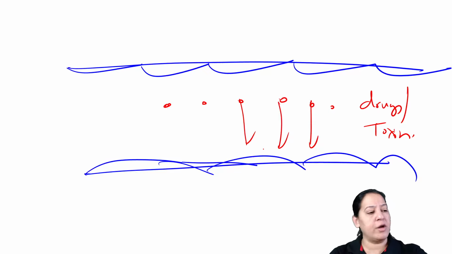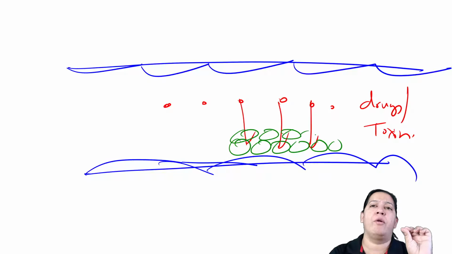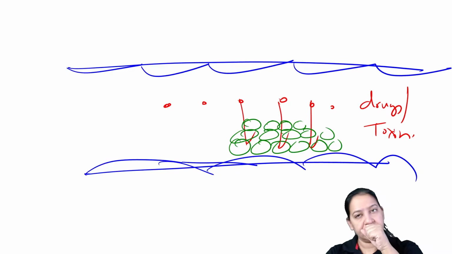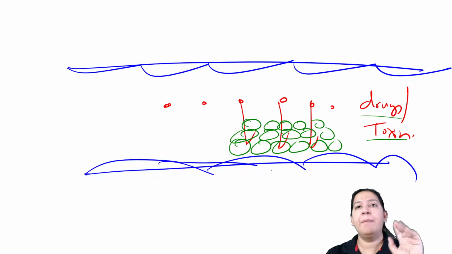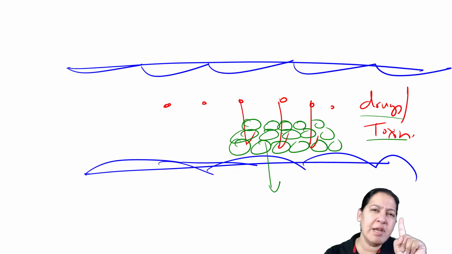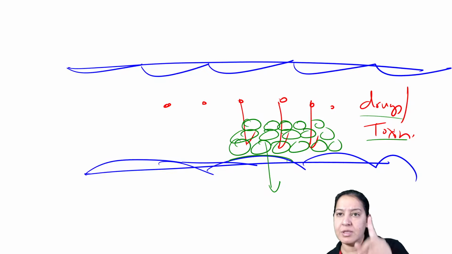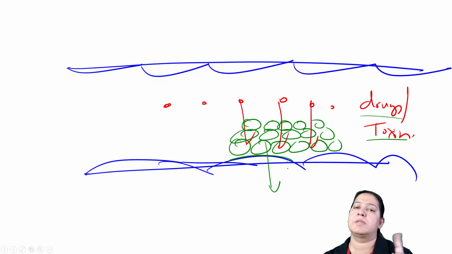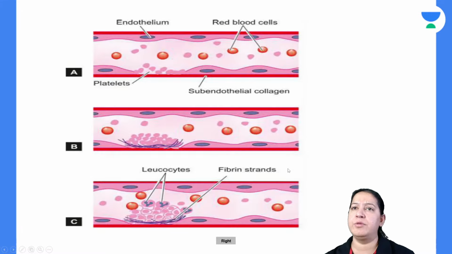If the endothelium gets injured, the platelets will come and form a clot here. Even a minute injury can lead to clot formation. So can you see, endothelial injury is there with the help of the drugs or toxin, but it was not bleeding. Only the endothelium was minutely disrupted. It was not bleeding, still a clot is formed. Now this clot is not hemostasis, it is thrombus. So that is the first reason, endothelial injury. Endothelial injury can lead to the formation of the thrombus.